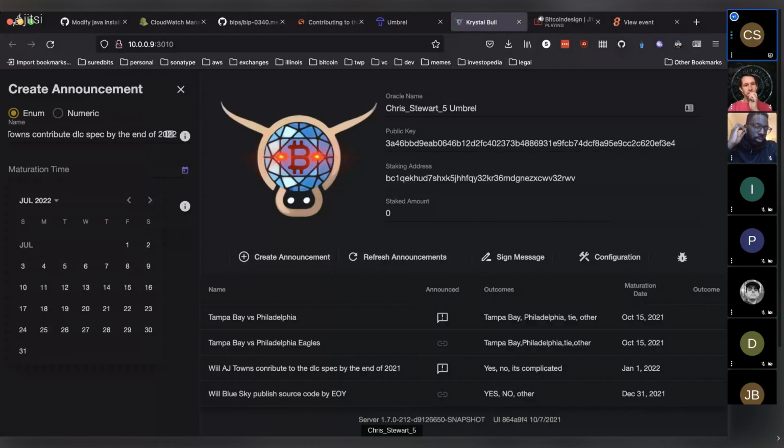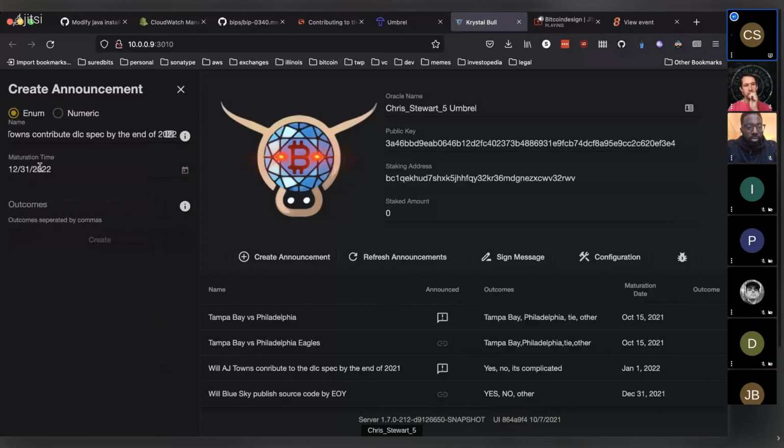So the end of 2022 is December 31st, 2022. And then the final thing for creating your oracle in an enumerated case anyway is the possible outcomes here. So AJ, he can contribute to the spec, he can not contribute to the spec. And I usually put in a kind of a cop-out clause here that says other, of like accounting for weird